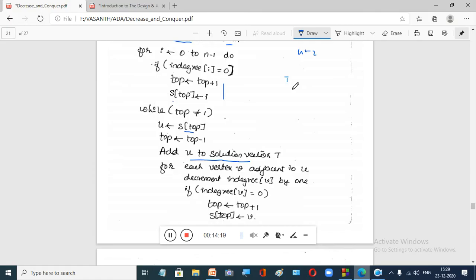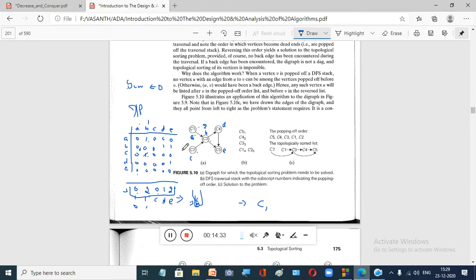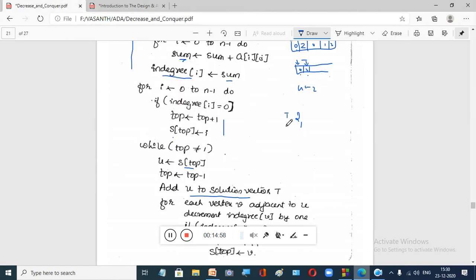Now you are going to take one single dimensional array, which is nothing but the topological ordering. Now add u to this topological ordering. What is u? u is 2. We add 2 here. Now 2 indicates vertex C, right? In this graph, if you look here, this is vertex A, right? Now let us assume vertex A as vertex 0, and B as 1, C as 2, D as 3, and E as 4, so 0 to 4, right? Total 5 nodes.